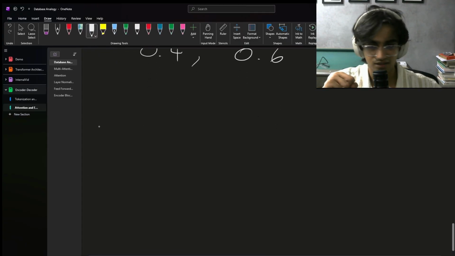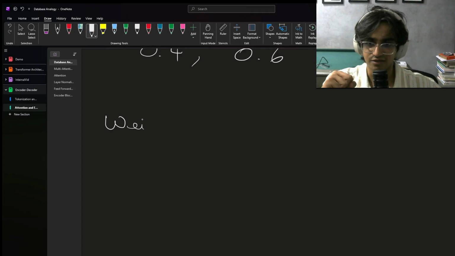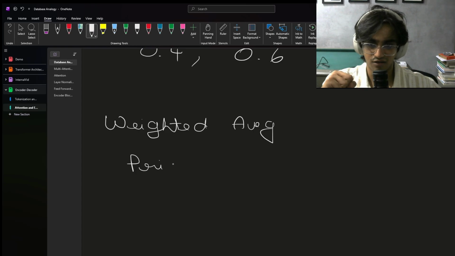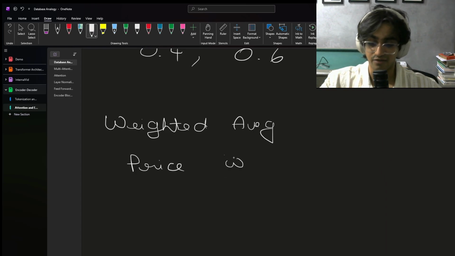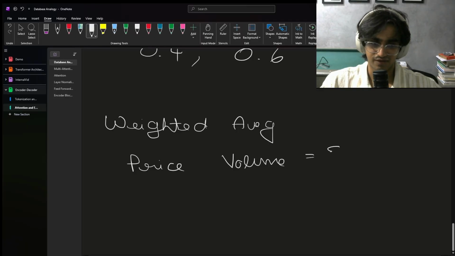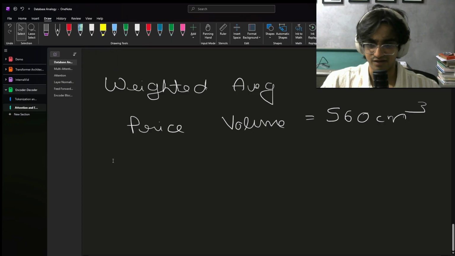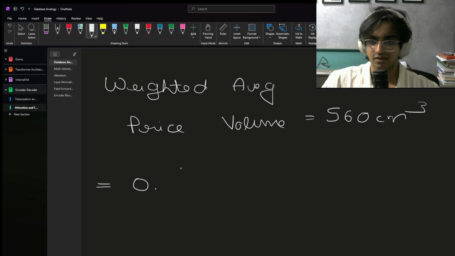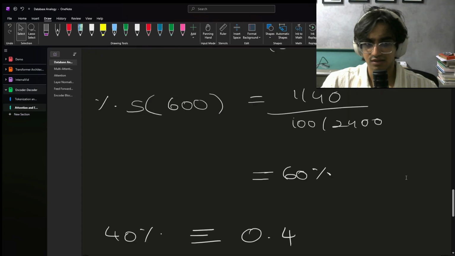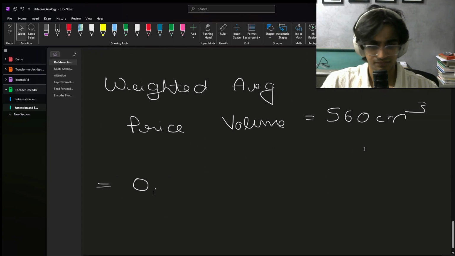So that means your weighted average, which is the price of your ice cream when its volume is equal to 560 centimeter cube, is simply the weighted average. So that's just going to be 0.4